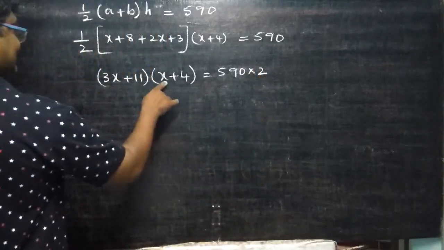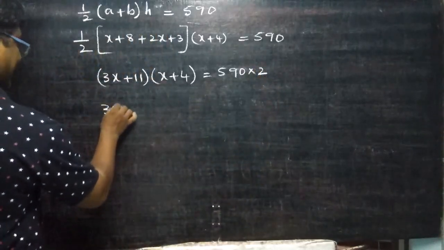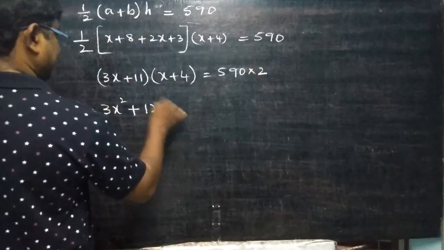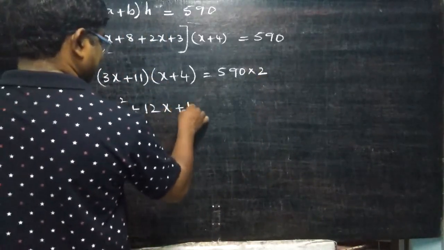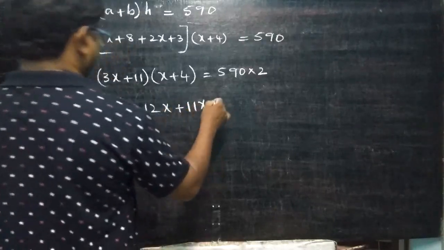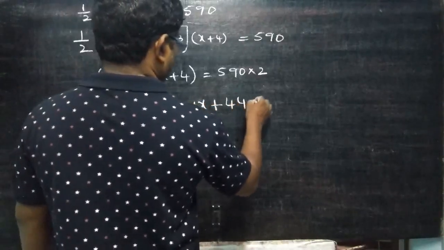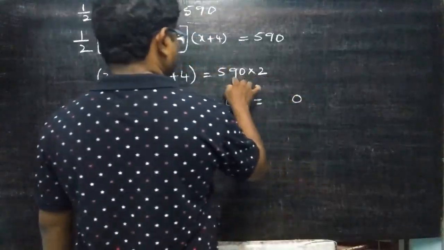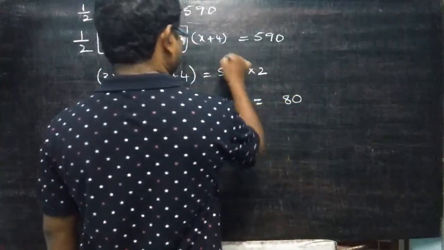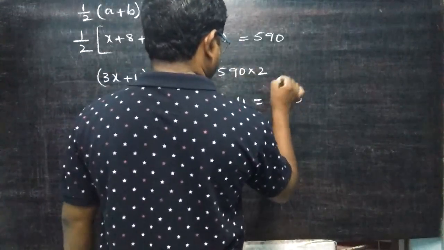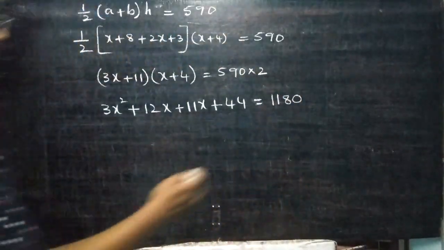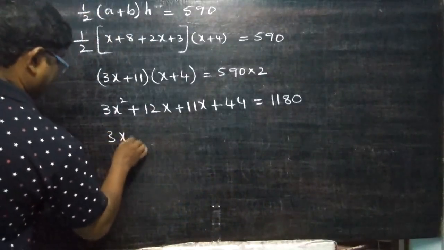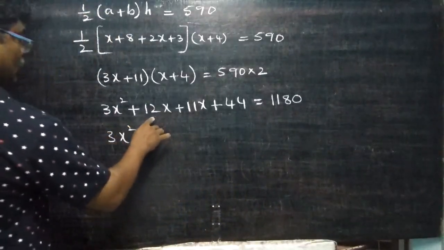Now 3x into x, 3x square plus 12x, plus 11x plus 44 is equal to 1180. So bring everything to one side so that 3x square plus